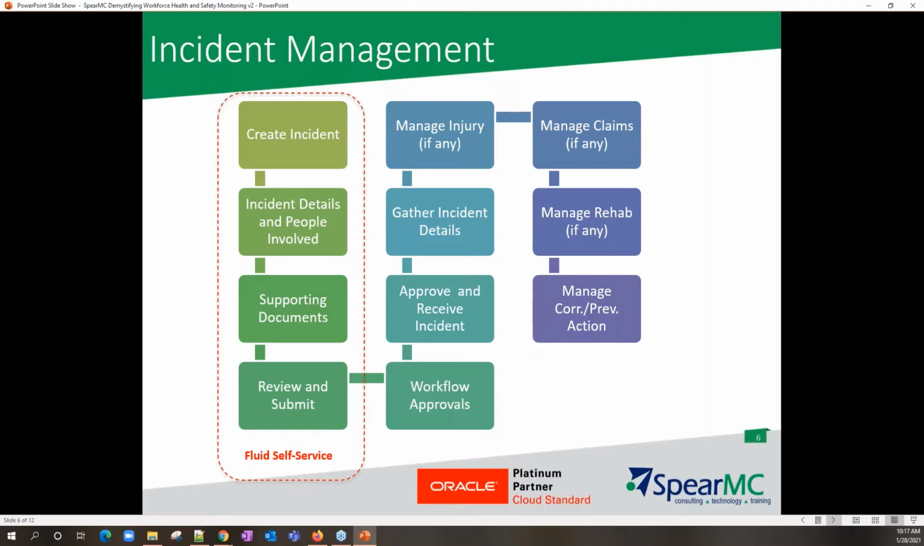Set up also corrective and preventive action, assign it to people, track it. All those would follow typically with managing that particular incident. And finally, the regulatory reporting aspects. Now, the last four sub-processes in this section, when it comes to claims, rehabilitation, corrective, preventive action, all those